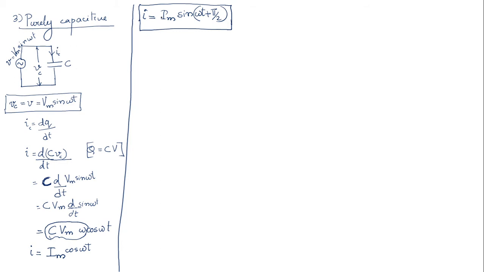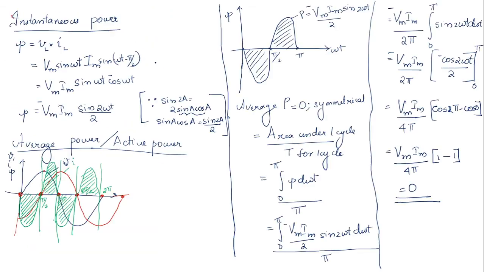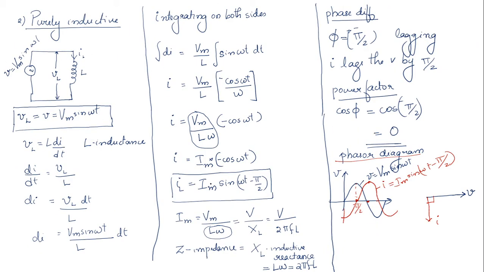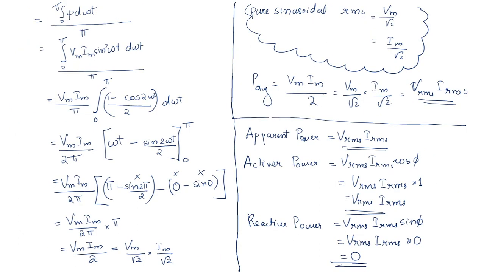Now let's continue. What is Im? We have taken C into Vm into omega as a constant, and this is termed as Im. So I can write Im = C into omega into Vm. Is it correct? Now I would like to find out the impedance for the circuit. In the previous classes, you might have noted how we found the impedance. Here you can see Im is represented as Vm divided by some quantity, and that quantity becomes the impedance, the opposition for the current according to Ohm's law. The same thing is done in the purely resistive circuit also.